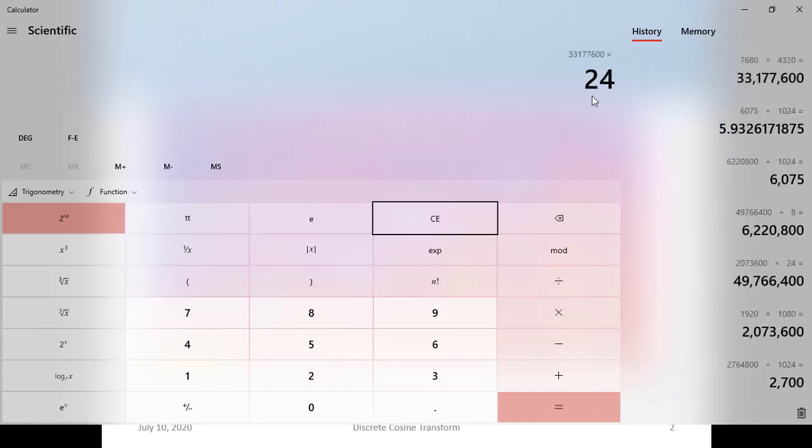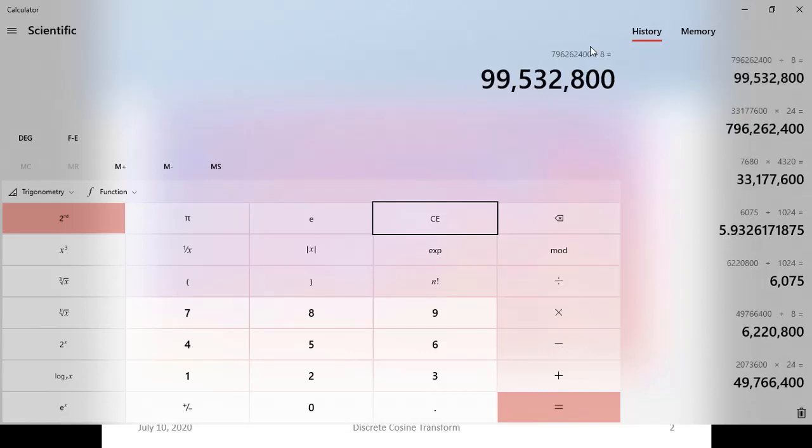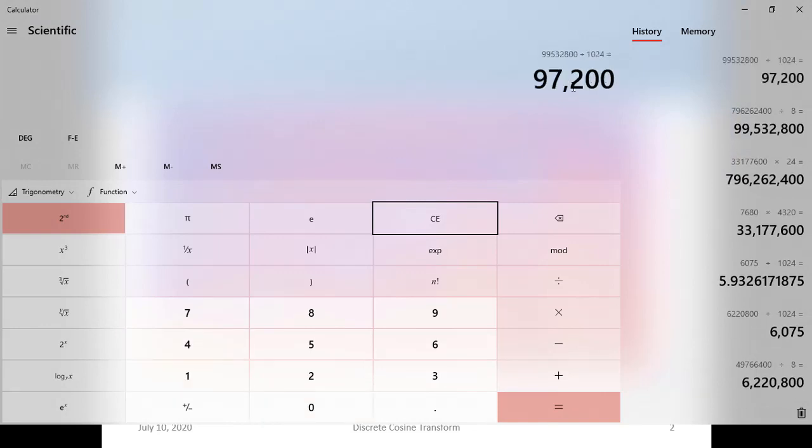So again, into 24. So this is in bits. So divided by 8 gives bytes. So you can see the huge amount now. Divided by 1024, this is in MB, right? So this is 97 MB. So if you have a high-end camera, one image will be of size 100 MB. And you know how many images we send in today's world. So it is a huge amount.